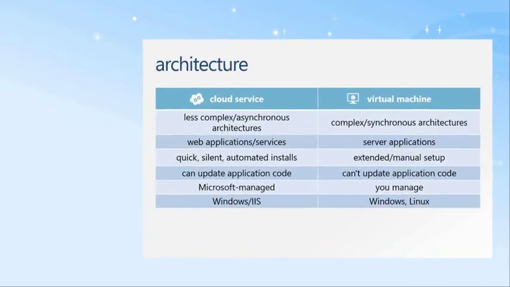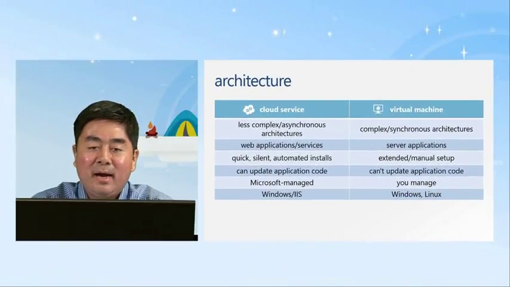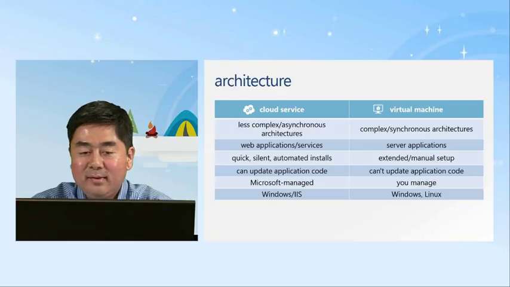If we take a look in a little more detail at some of the differences on both the compute and storage side, to help you figure out which component is going to be suitable for my application, we can look first at the compute side with cloud services and virtual machines. If you've got an application that is a little bit less complex, maybe a web application with some back-end services doing back-end batch processing, and you're not really integrating into other systems like Active Directory or SharePoint or anything like that,